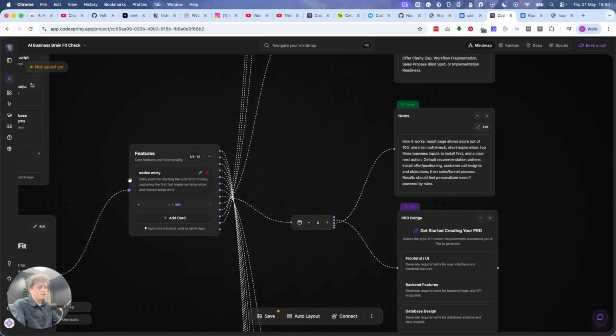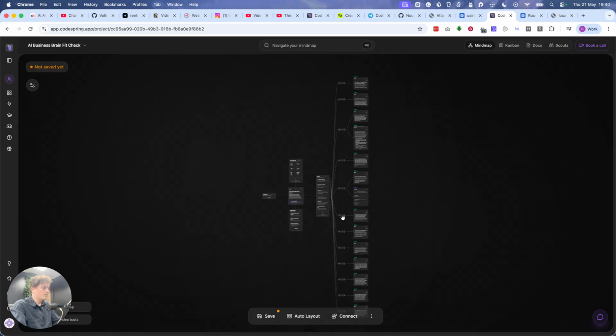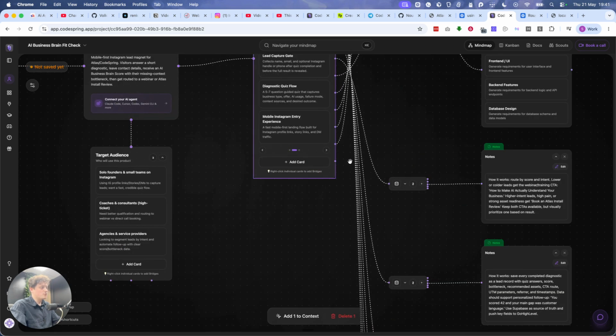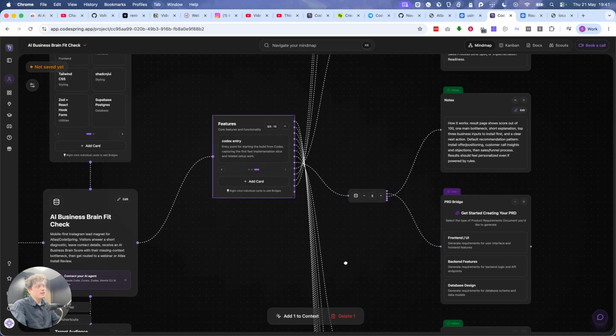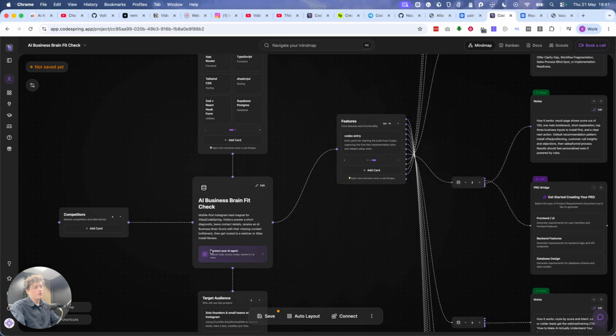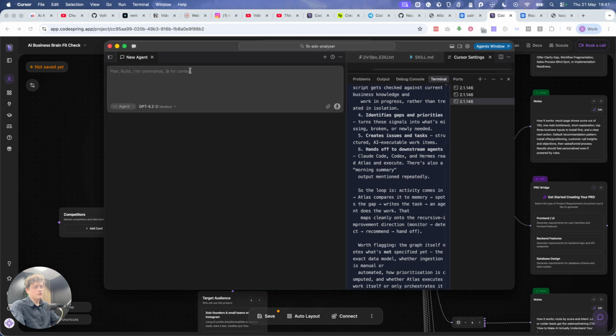So you can see here it's obviously added in a feature. Now if I refresh the page, let's just do auto layout. We can actually add more information to specific features. So I think that's kind of everything I wanted to cover in this. It's exactly the same install with Claude Code. And also if you were to go to Cursor and you open the agent, you can do the same thing